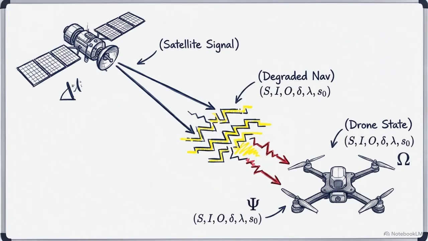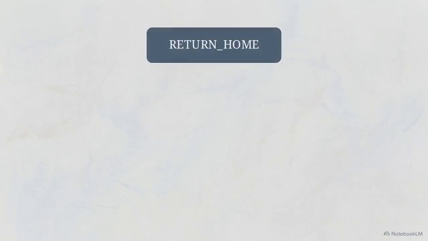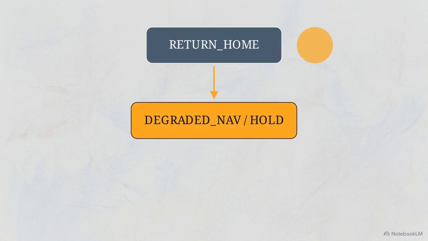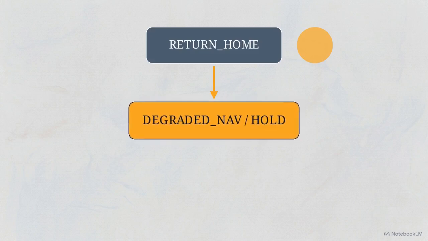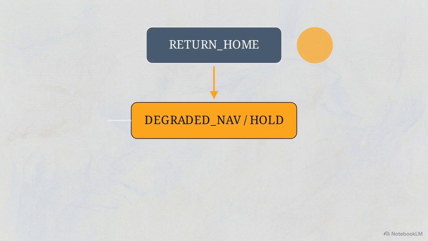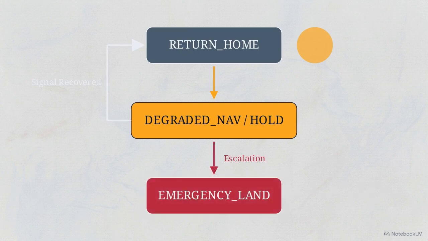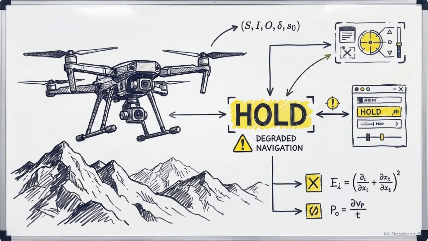Scenario S4 handles GPS degradation, where navigation data becomes unreliable mid-flight. The FSM suspends navigation and shifts the system into a temporary degraded nav/hold state. This state uses dual exit logic to give the system time to react. It can either recover a clean signal and return to navigation, or escalate to an emergency sequence. These intermediate failure states allow the system to degrade gracefully, providing a buffer that prevents a sensor glitch from causing